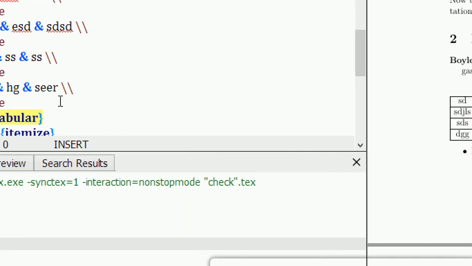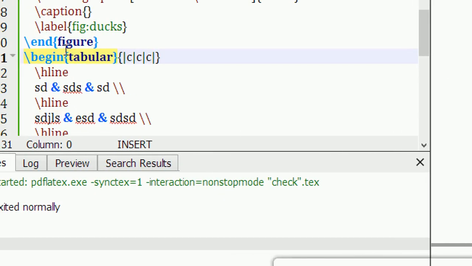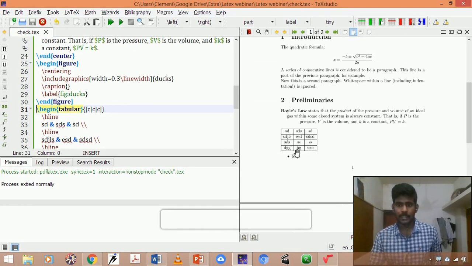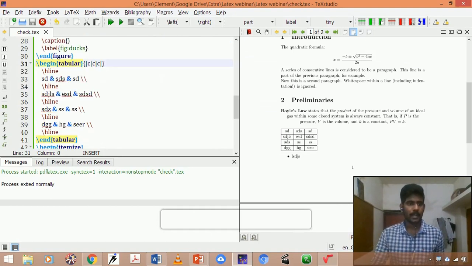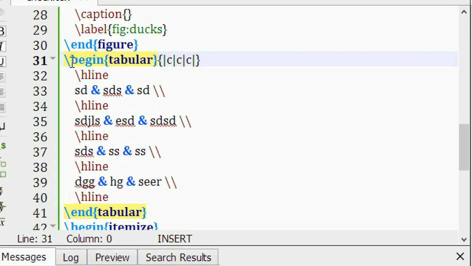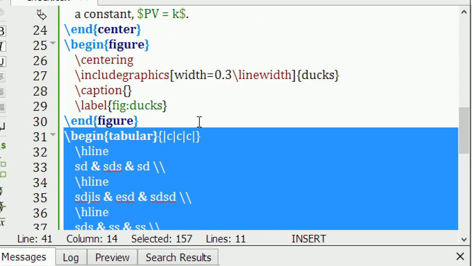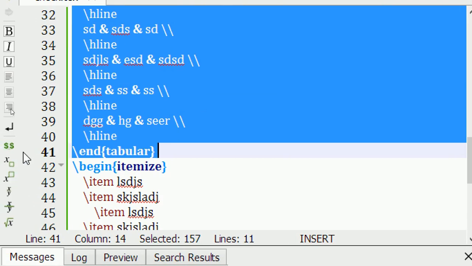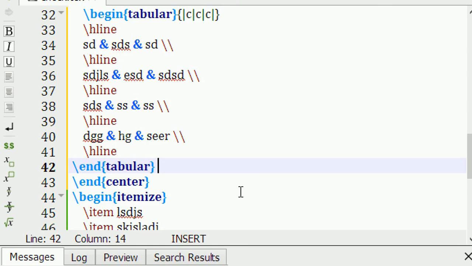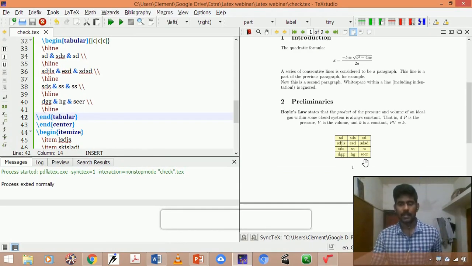Yeah, you can do some alignments over here. Suppose I feel that the table should be placed in the center mode. So simply I need to select the text till begin end tabular. After this I am going to use the option which is already there, that is center. Okay, so after this, if you press center, it comes out beautifully in a centered alignment mode.